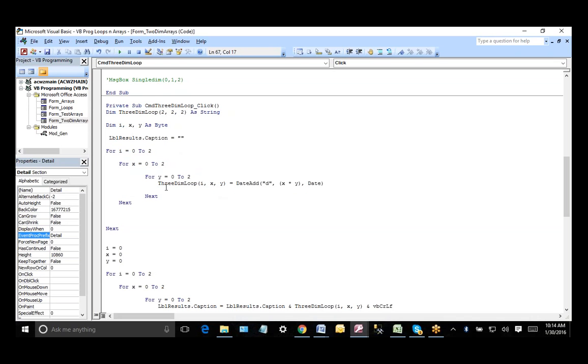See, for 3 dimensions, we need 3 upper bounds, right? This one, and this one. And this represents the first one, second one, and the third one. And